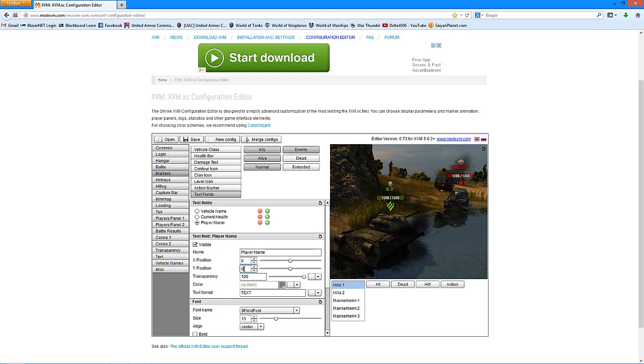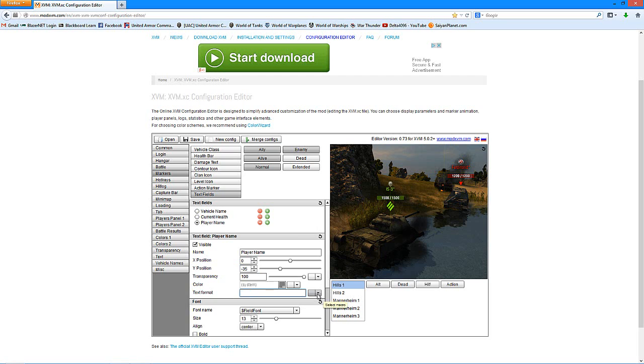Then we're going to change the Y position to the one it showed under vehicle name, to -35, if I remember correctly. Yes. Now if you look over here, it's still saying text in all caps, and it's like, well, that's not any use. So what we're going to do is simply go to text format, highlight the text that's right there, and delete it. Then we're going to click in this drop down menu that, if you hover over it,